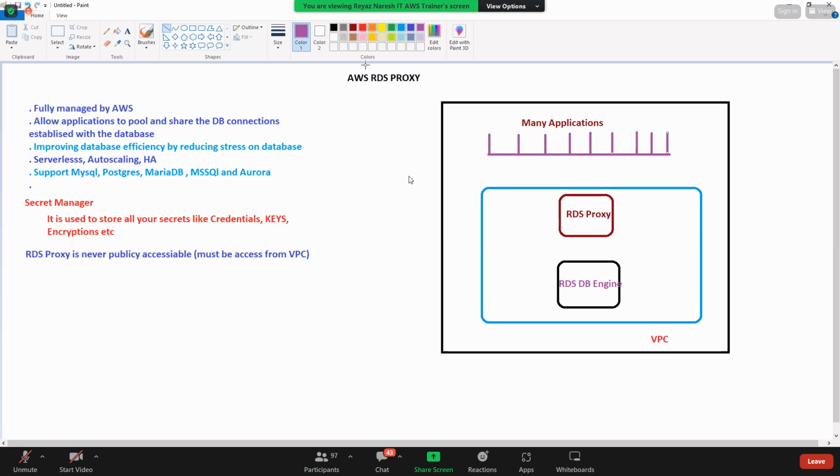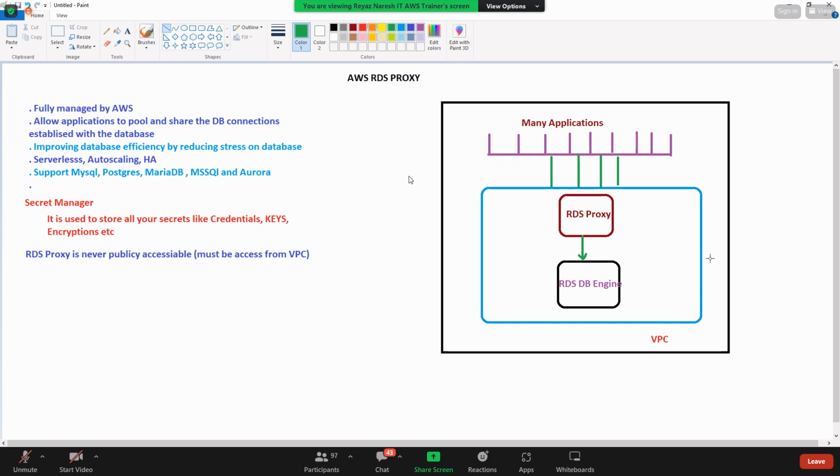And all these connections will be reduced. It will pool them into only a small number of connections, reduce the connections, and send them to the proxy, and the proxy will send it to the DB engine. You understand? Representative diagram now. Clear?